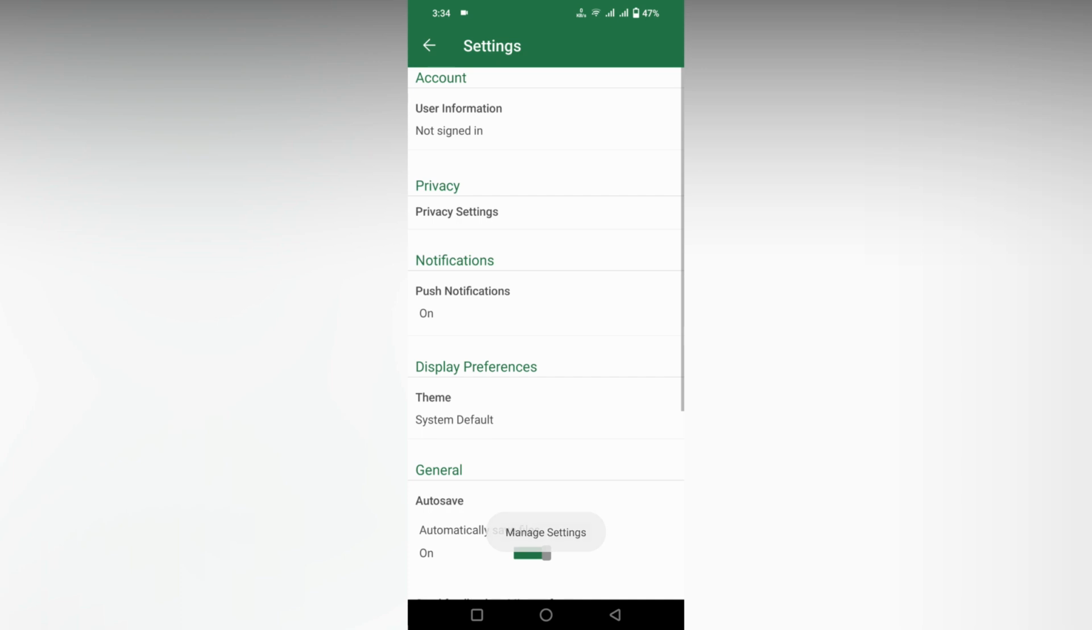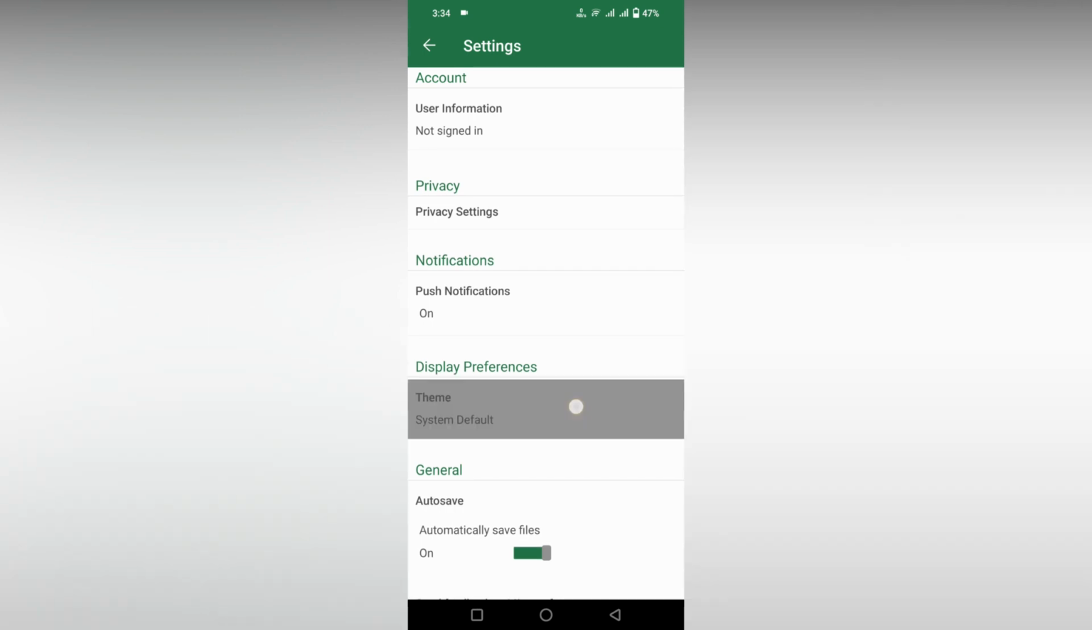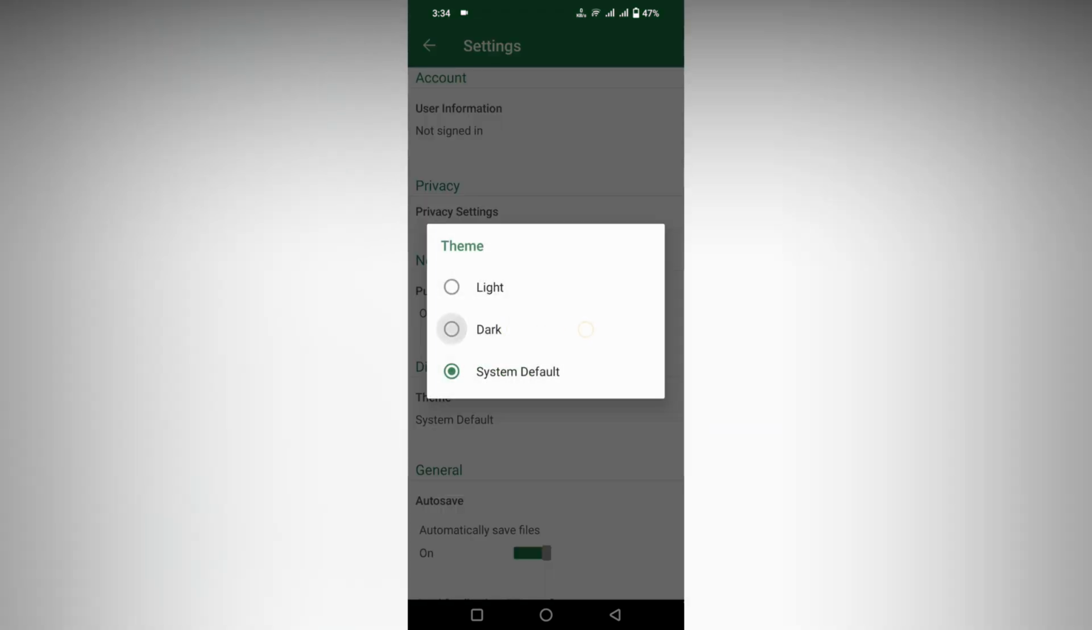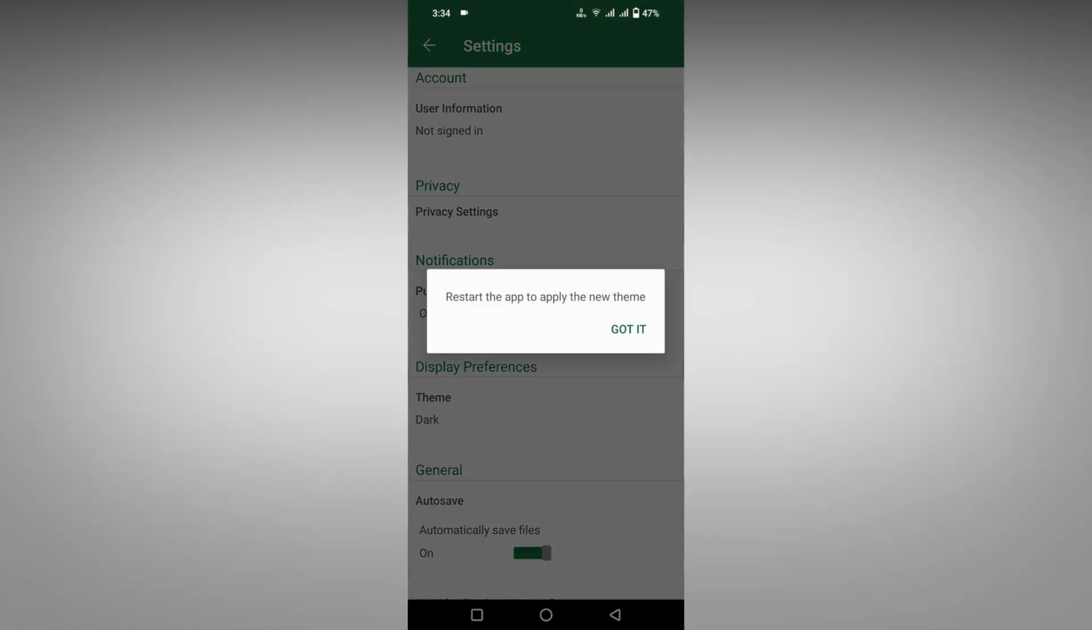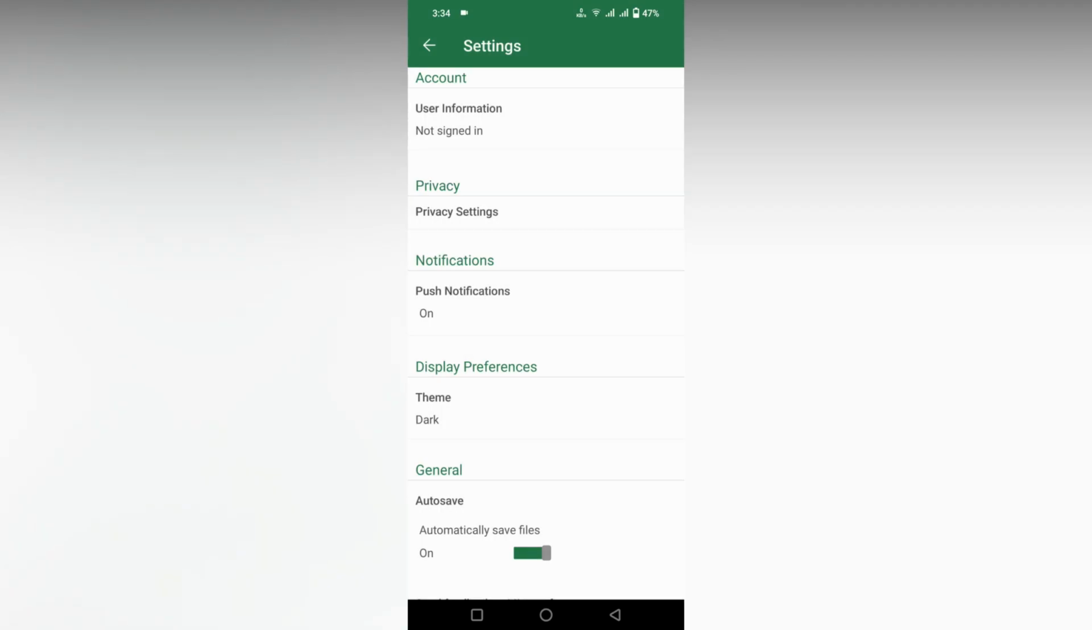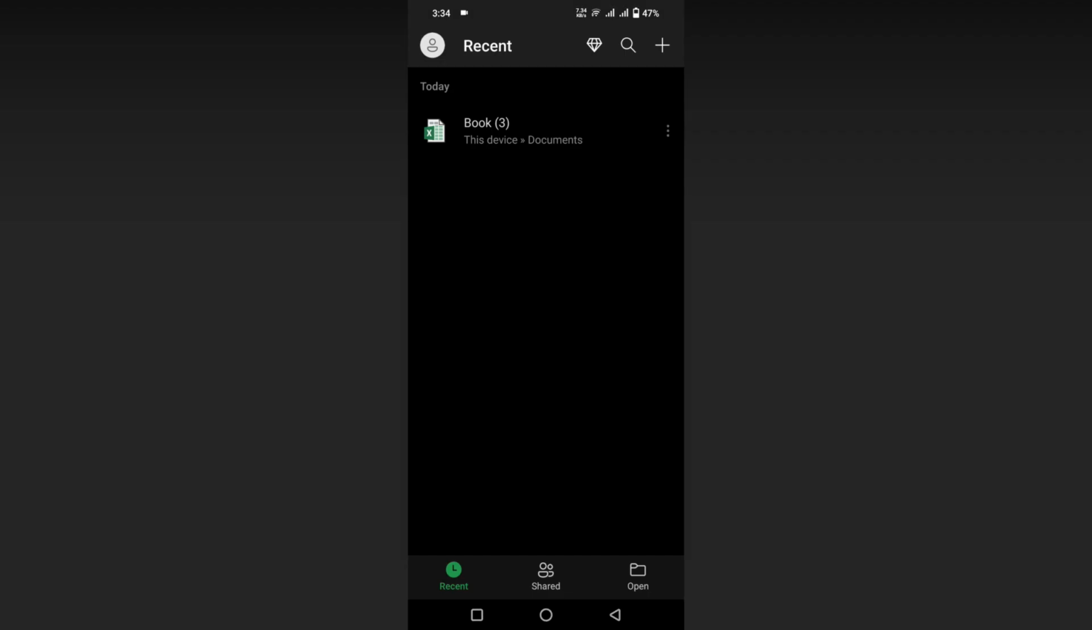Just click this. So here you just need to click on the device preference. In this theme section, just click this. Now here you just need to click on this dark option, which actually turns on the dark theme for 24 hours. So you just need to select, and after selecting the theme, you just need to reset the app to apply the new theme. Just quit it and just close this. You can see the dark theme is applied